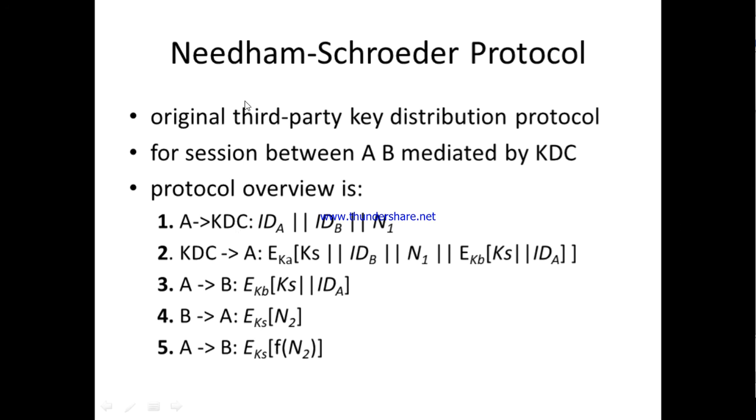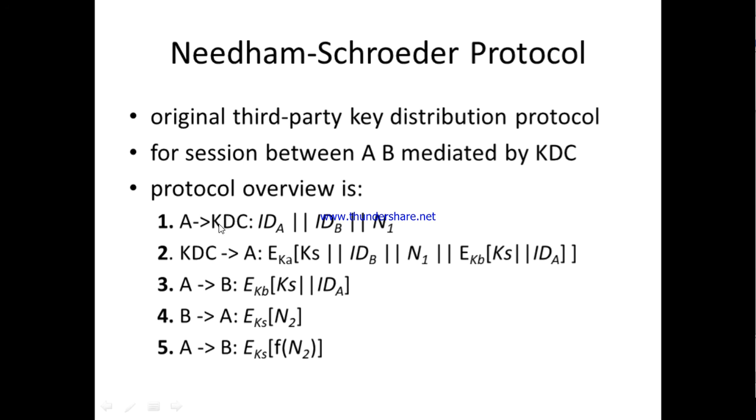So this is said to be the Needham-Schroeder protocol, where it is including the key distribution center. So what it is doing, the key distribution center is generating one secret key, that is said to be the session key, that can be used further by the sender and the receiver for the communication, right? But how will it be done?